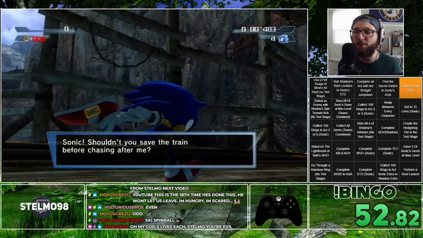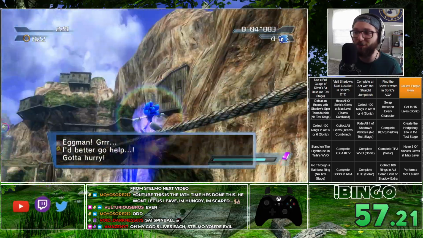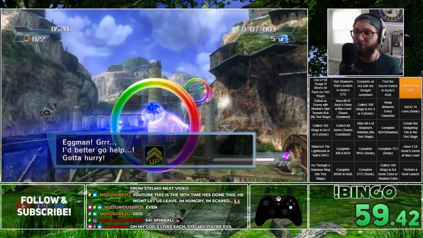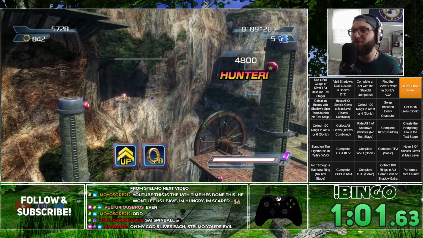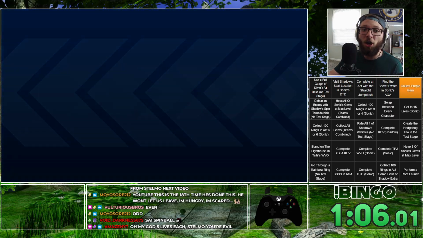Thing 2 is, for this demonstration, I'm just going to go straight down the line. Radical Train's also a great place to grind lives for Sonic. Both Sonic and Shadow start with 5 lives. So this easy one here is we're just going to get those 2 extra lives at the beginning, quit out so we don't lose a life,